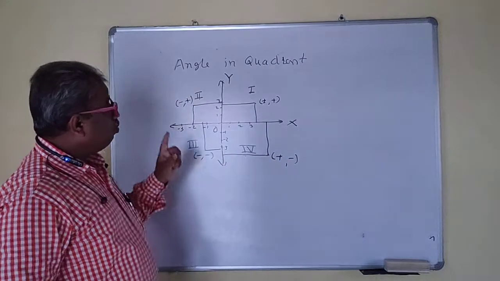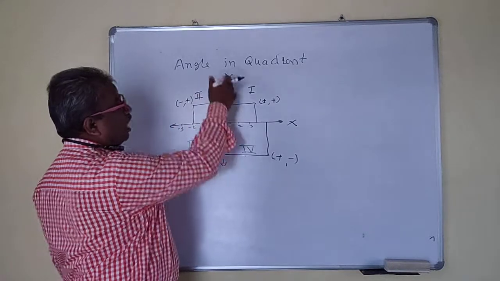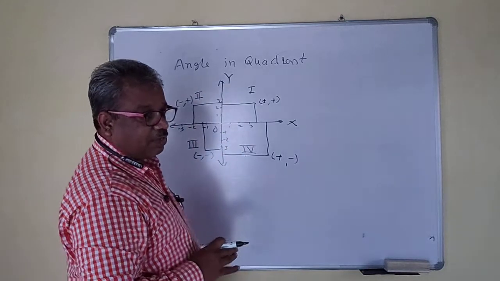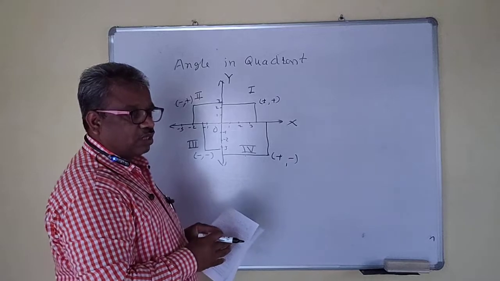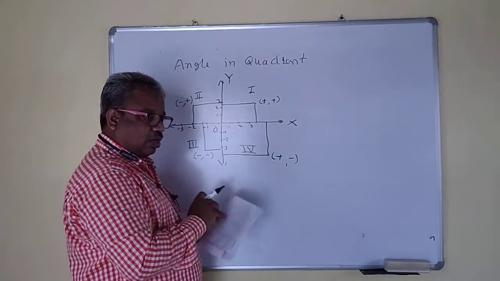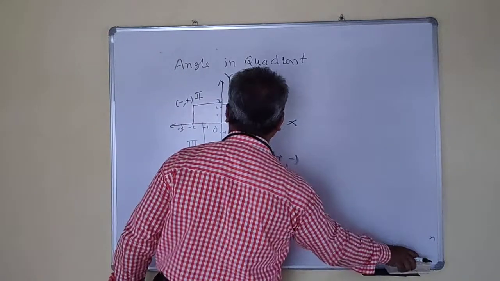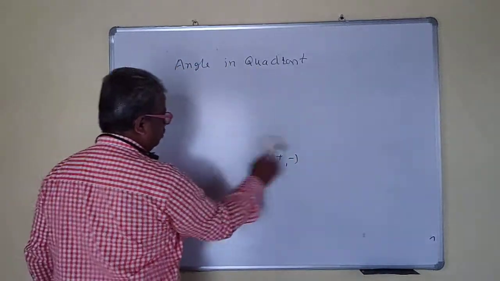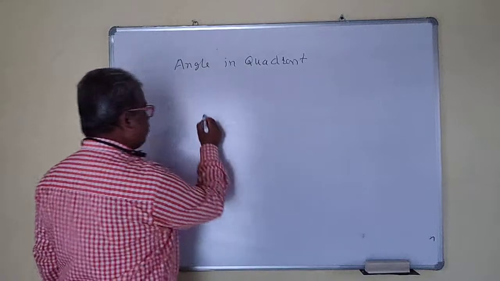So now what we are interested in is the angles in the quadrant. That means if we are given some amount of rotation, you have to judge whether the angle is in the first quadrant, or in the second quadrant, in the third quadrant, and so on, right? So how to judge this? Now if you draw the figure like this,